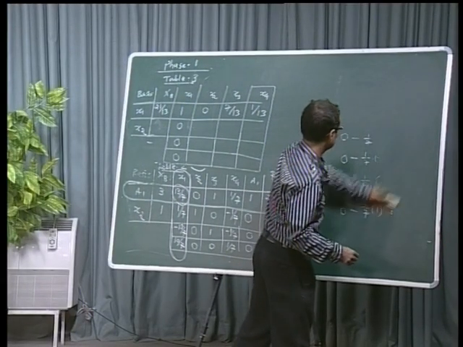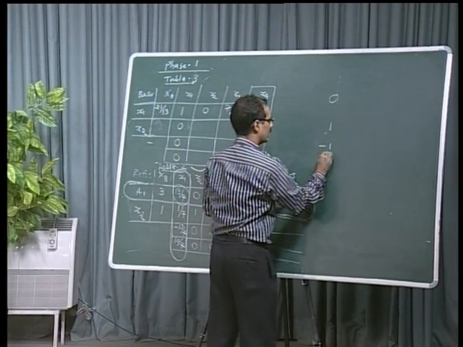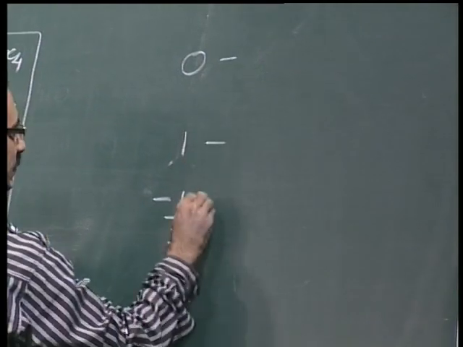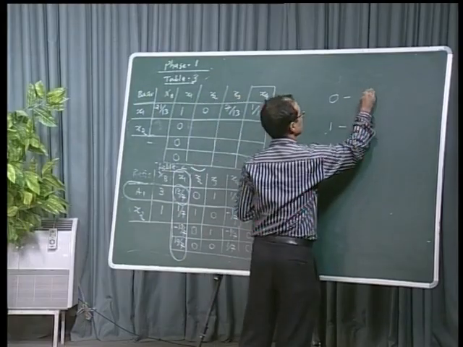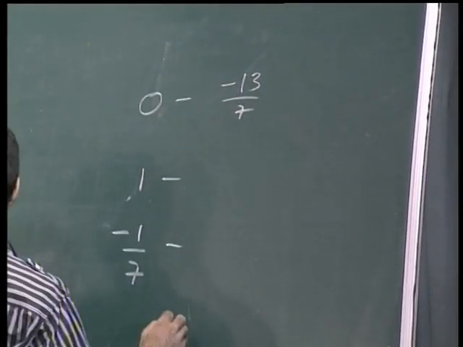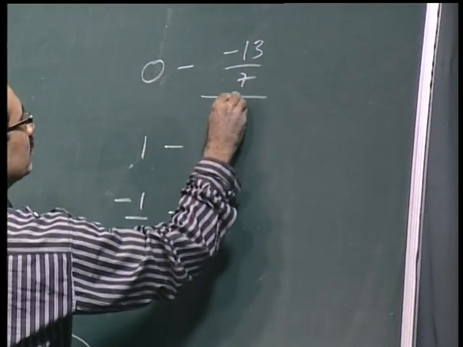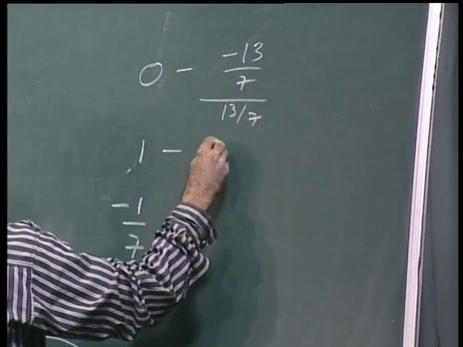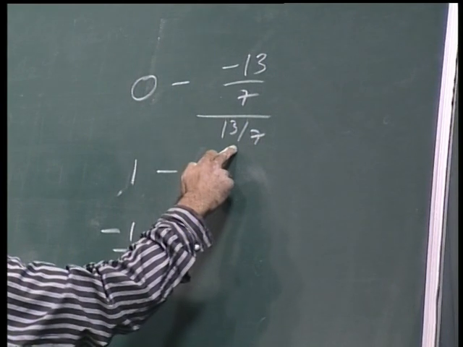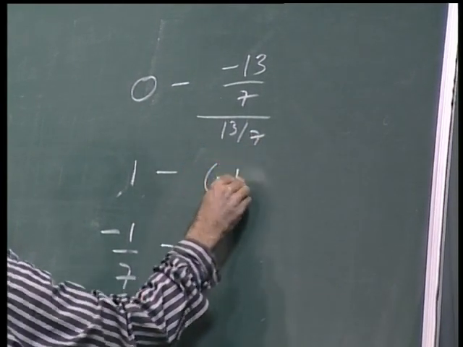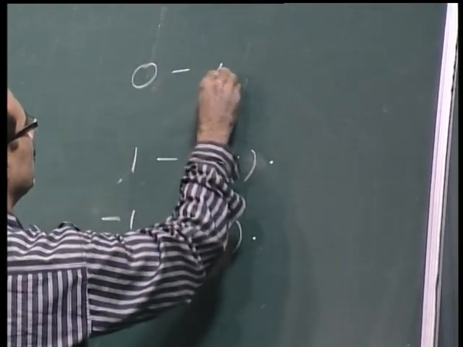So, we have 0, 1 and minus 1 by 7, of course, minus everywhere. What is the element we did not write? We did not write minus 13 by 7, okay, and divided by the leading element, what is that? 13 by 7. So, here also minus 13, but anyway minus 13 by 7 divided by 13 by 7 is minus 1. Okay. So, we simply write down minus 1 everywhere, and this also is minus 1.